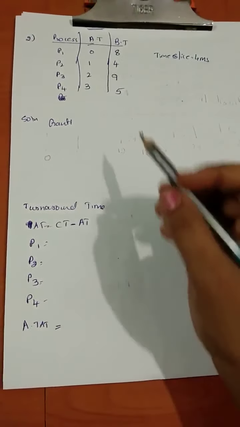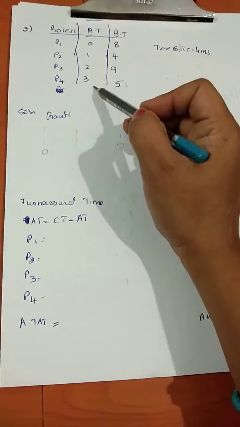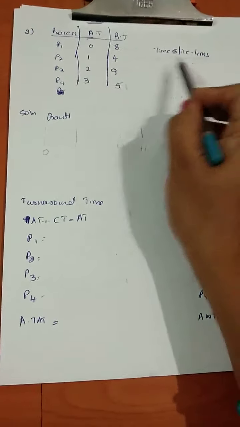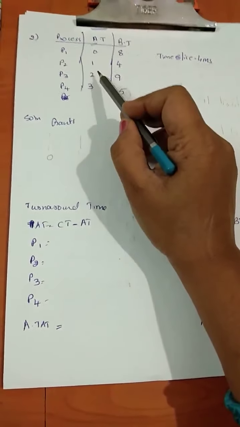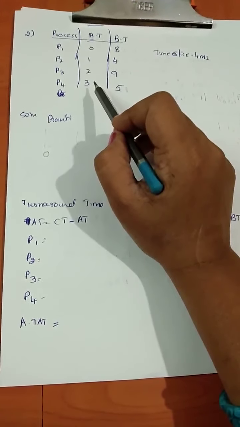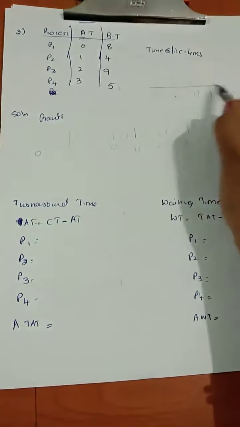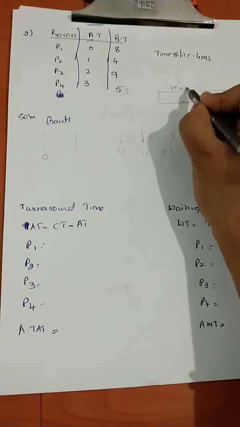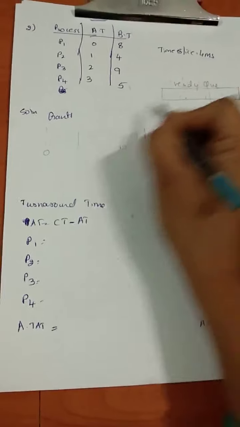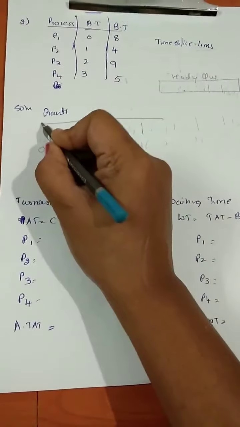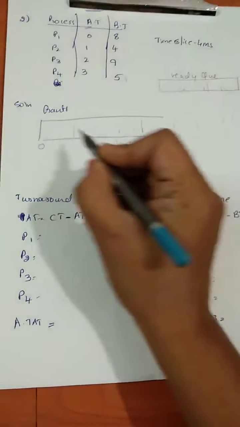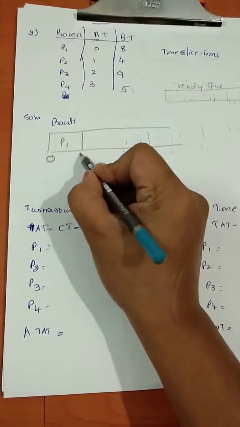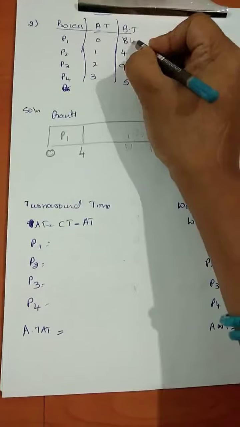Take the next example, where you can see arrival time is given and burst time is also given. Time slice is 4 milliseconds. Now since arrival time is given, you have to schedule the processes based on the arrival time. Now here I will draw a box indicating the ready queue, and here is my Gantt chart. So at 0, obviously P1 will be scheduled for 4 milliseconds. Remaining will be 4.